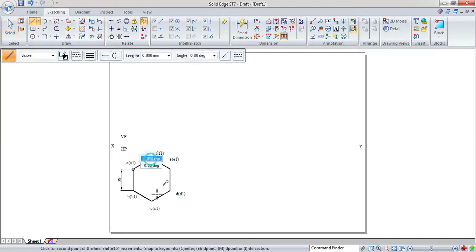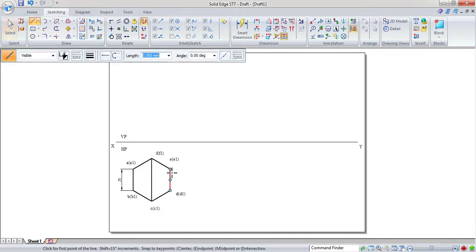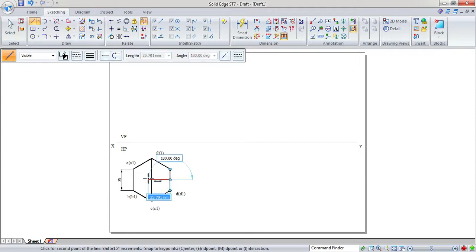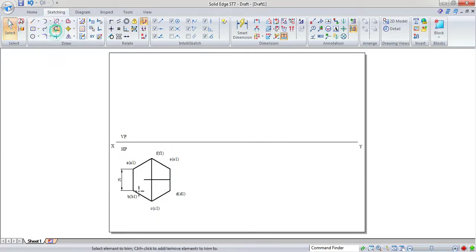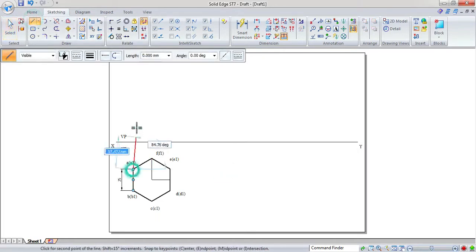So now, in order to get the midpoint, you can join from the middle, or else you can join any two corners, you will get a midpoint here. So better we'll take it from here only, and you can trim out the extra projections. And again, these two are construction lines, so change the thickness to 0.05. Now you project from all the points.